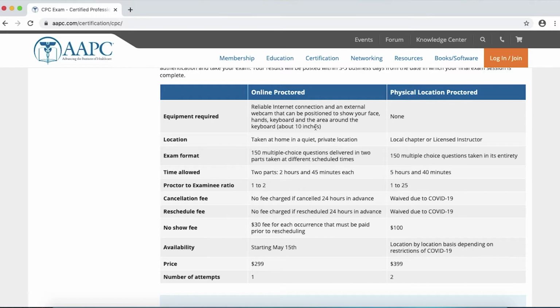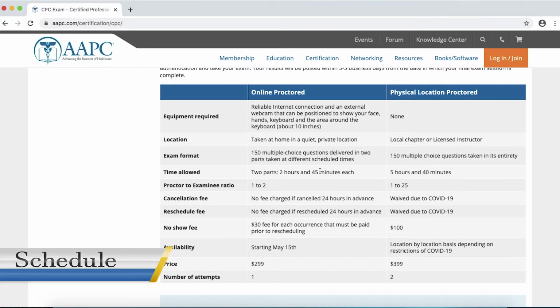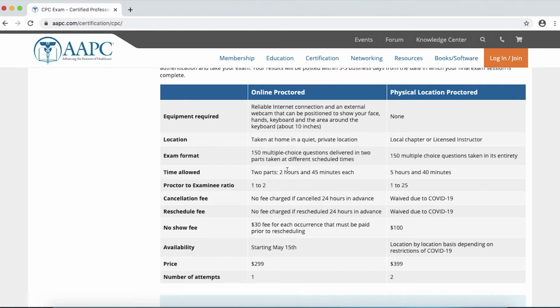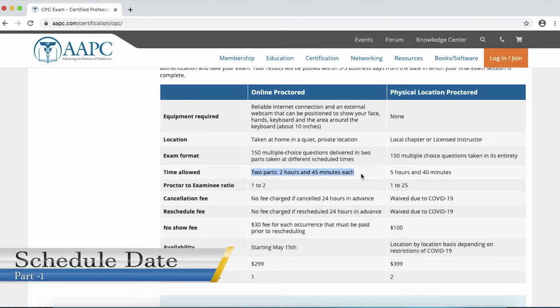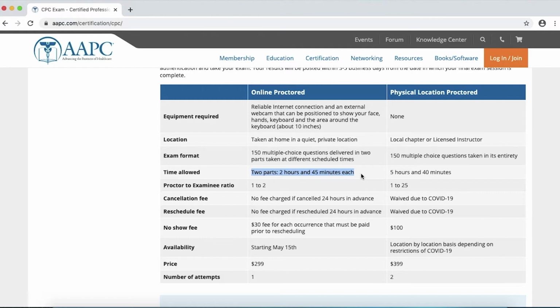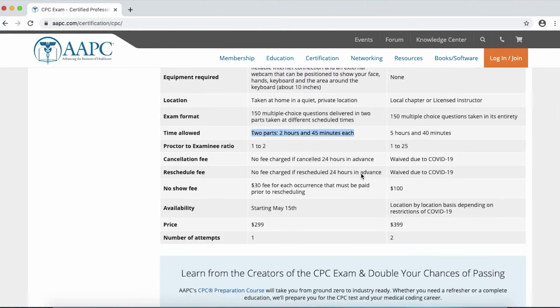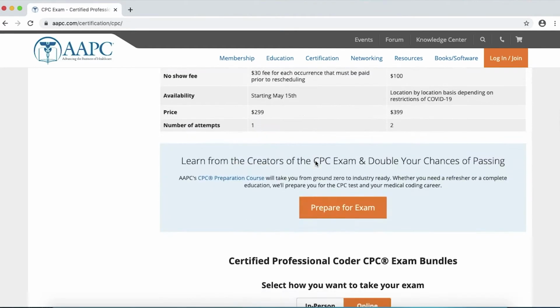So once you book for the examination, they will give you a mail in which they will send you a few options for the schedule. So you can schedule the examination on whatever date is comfortable for you, and the exam will be conducted in two parts. The first part of the examination will be on the scheduled date, and the second part you can schedule any day, any week, whenever you are comfortable. So the second part of the examination can be given anytime after the first part. So this is about the online examination.